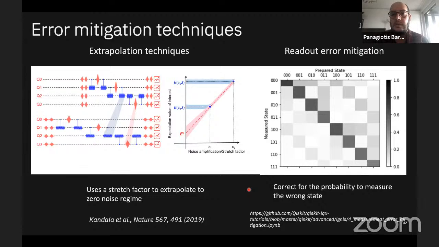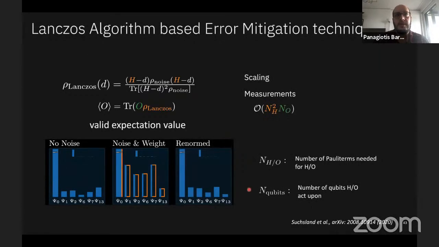For this reason, we thought of a new way of mitigating the errors, based on a hardware-agnostic error mitigation algorithm that can be used on near-term quantum computers and is mainly inspired by the classical Lanczos method. The technique that we propose allows for mitigation of the different sources of noise that you may have in your hardware, with the sole cost of an increase in the number of measurements that you need to do in order to reconstruct the expectation value.